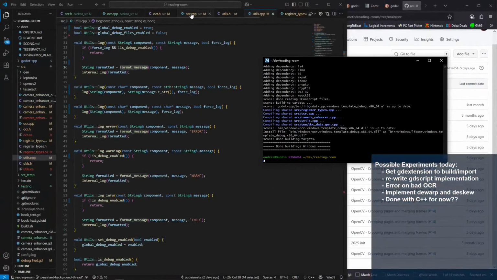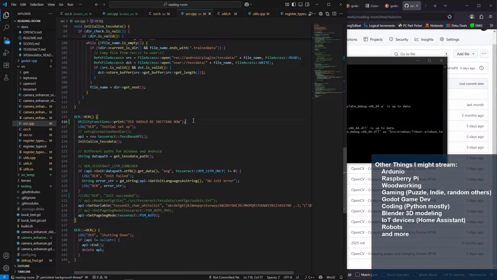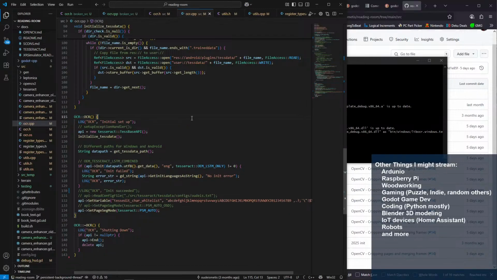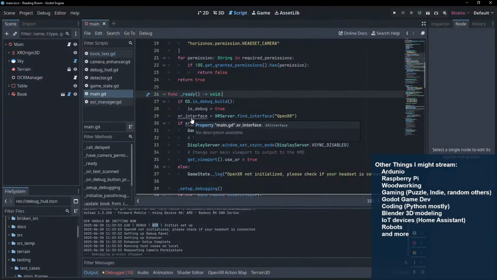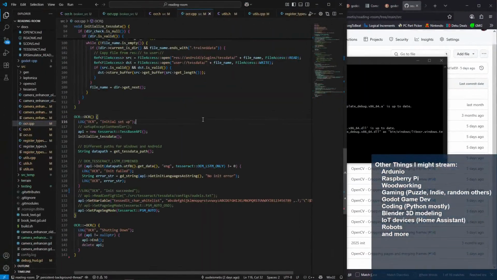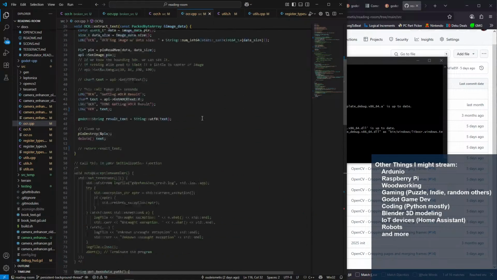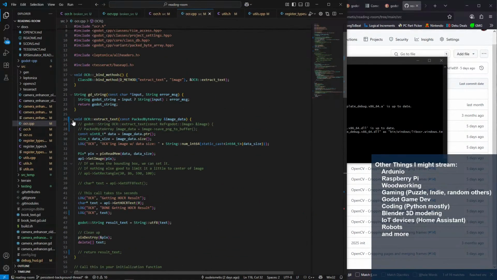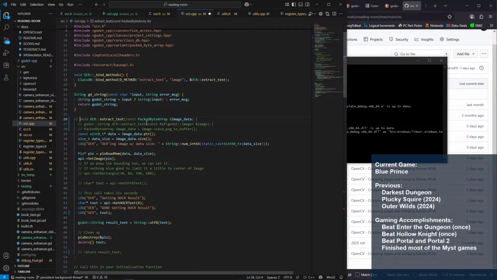Okay. So that's not needed. I'm not crazy, right? OCR init initial setup. Yeah. And this is basically the whole new version. So now I should be able to get this version with the packed byte array.